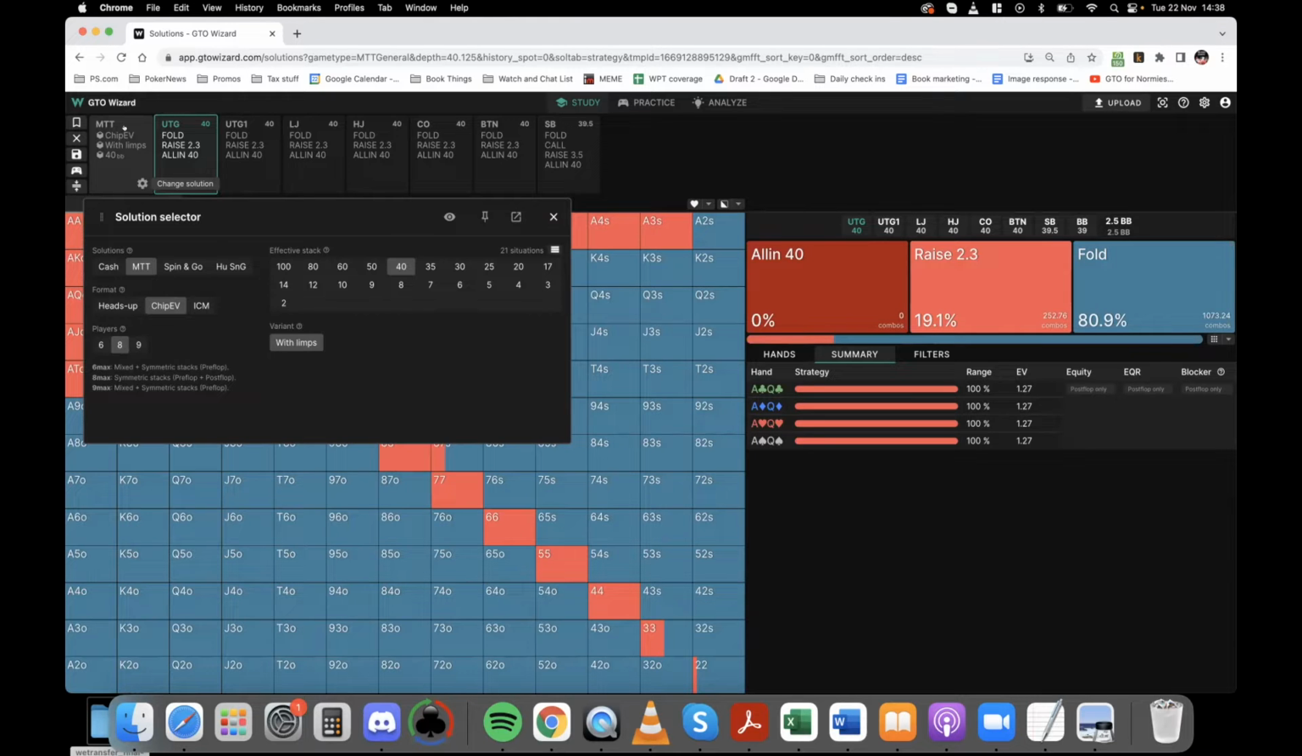We have cash solutions, MTT solutions, spin and go, heads up, sit and goes. These are all sort of standalone products, so I think you have to buy them separately. But obviously, if you're an MTT player, you'll just pretty much want to look at MTTs. They are constantly adding new spots. So they have ChipEV and they have ICM. At the moment, the ICM is only for pre-flop,